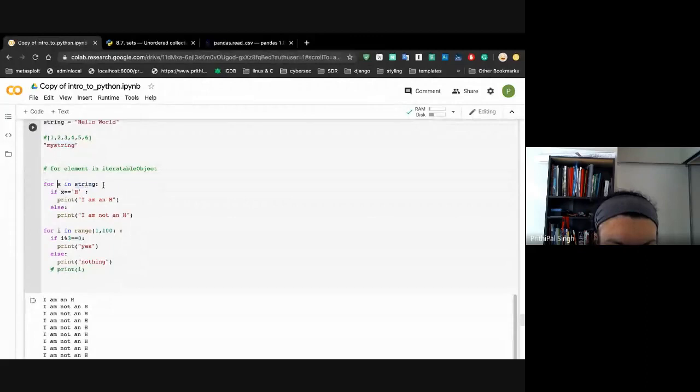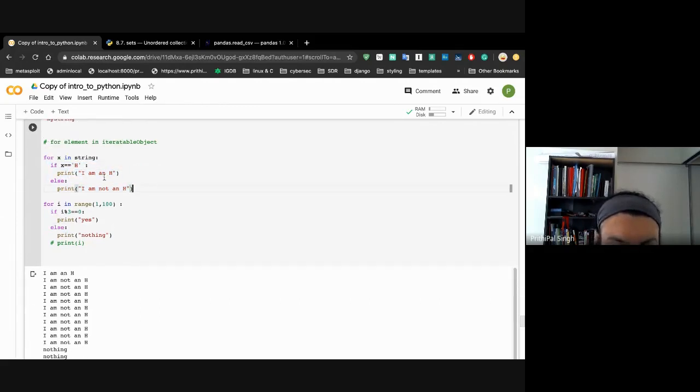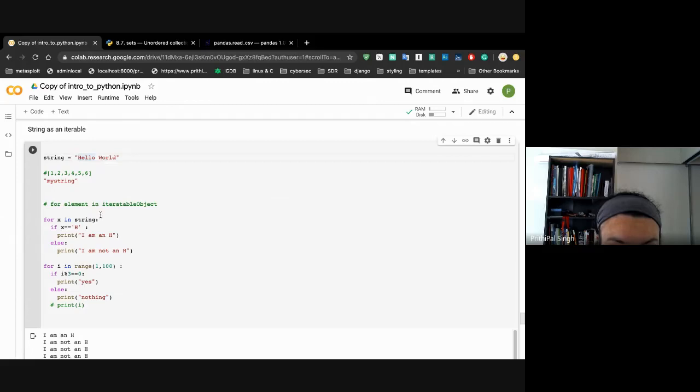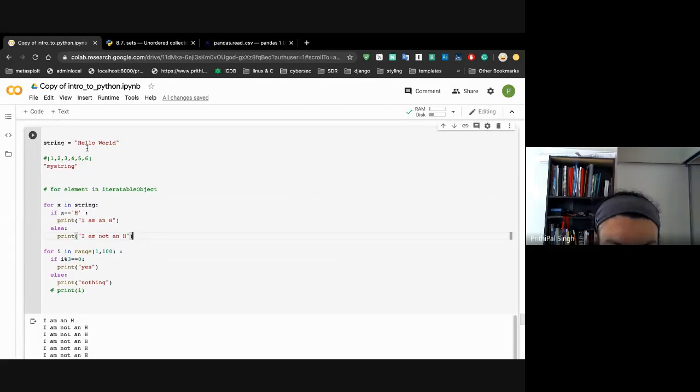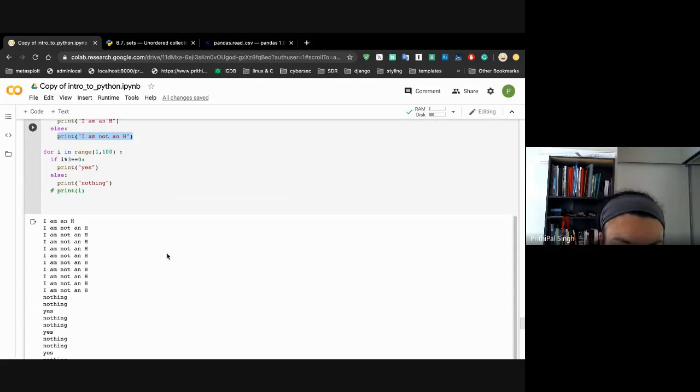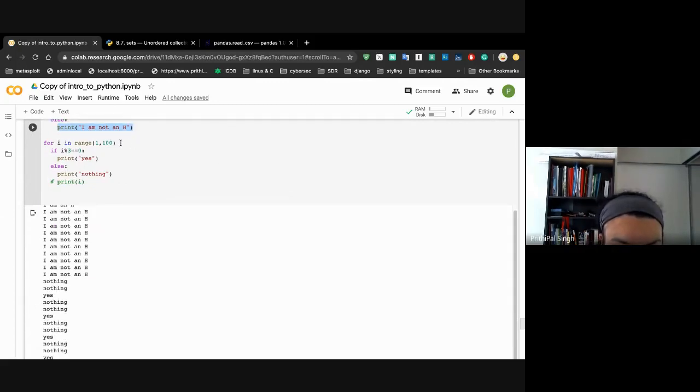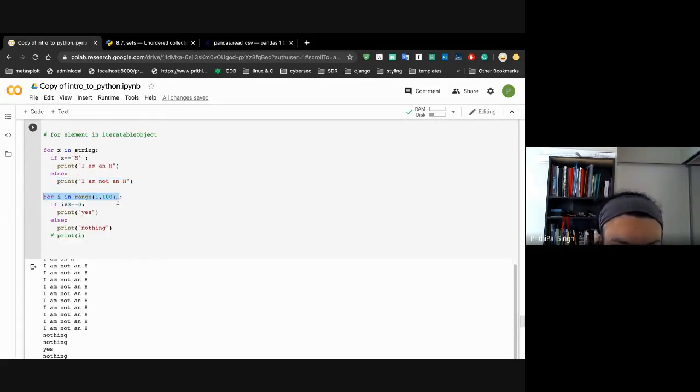But as you can see, it's going to iterate through each of them and store the current value in x. If it's an h, print this, otherwise print this. Mostly there's just a single h, so it's going to do this one time, and for the other times it's going to do this. How many are there? 5, 5, 10, 11. So one time this, 10 times this. Now another notation that we talked about is range,